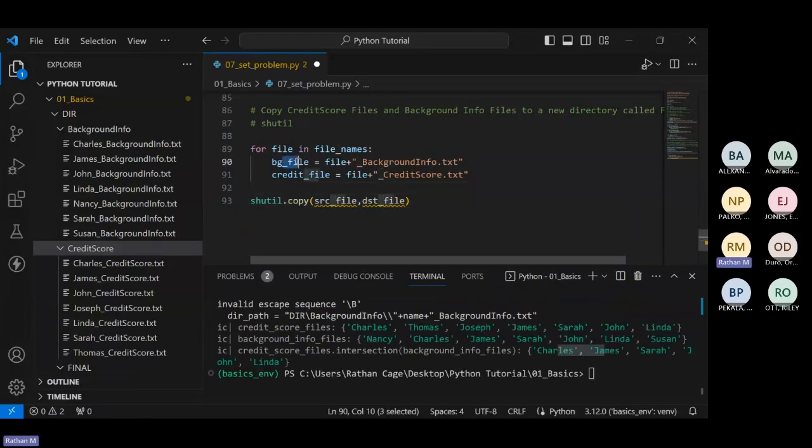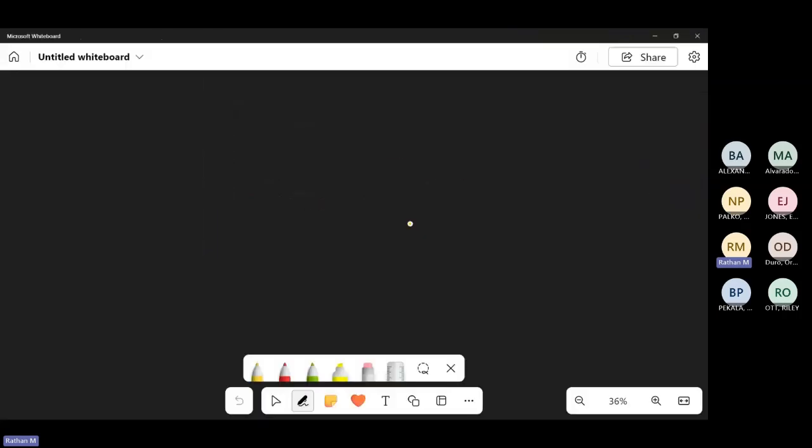Once we have obtained the source file name, we then just need to perform copy. Now, to copy them, please remember one basic thing about the OS module: I'm currently running my code in the 01 underscore basics directory. This is where I am running my code. Since I'm running my code here, the current working directory will be here. So if I want to access the files within 01 underscore basics,